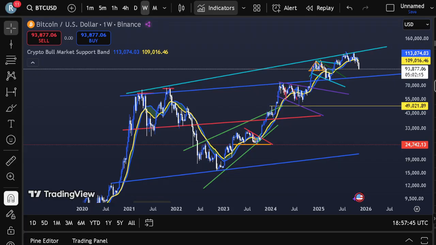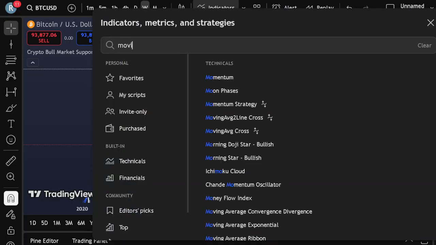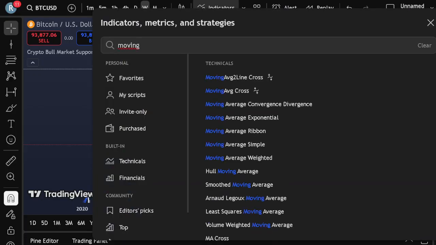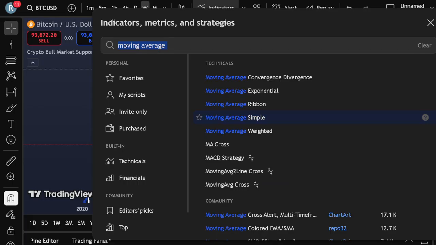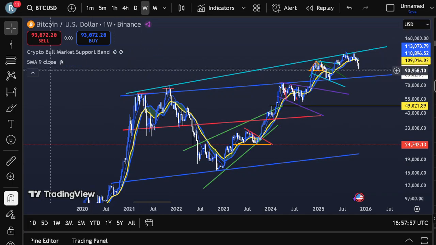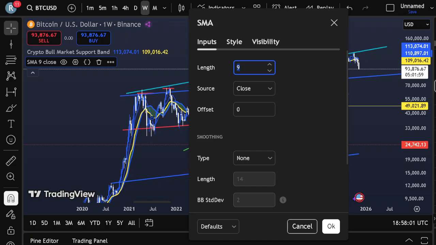So a simple moving average is needed. Moving average simple, and 50 week is needed. So yes,